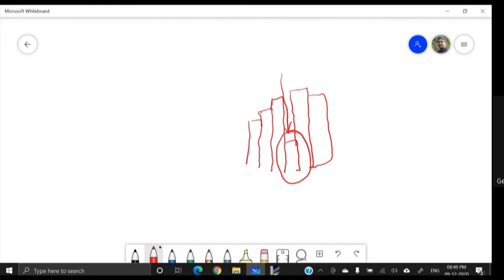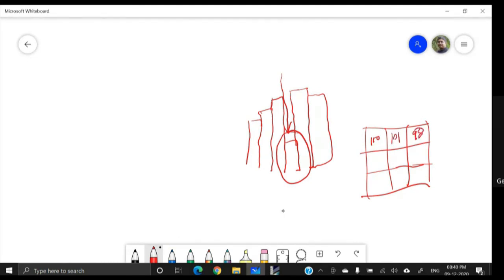How can we remove it? This is a simple logic. Let me show. For example, here we have elevation value 100, here we have 101, here we have 98, here we have 99, here we have 91, say 95, 95, then here we have say 103, here we have say 100.